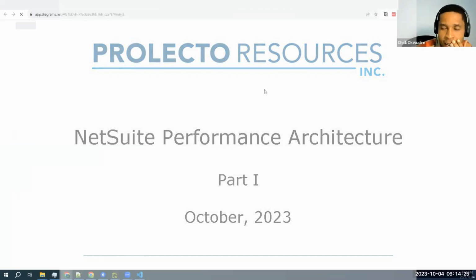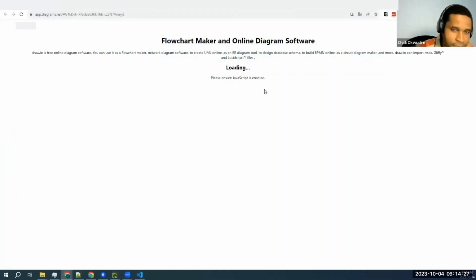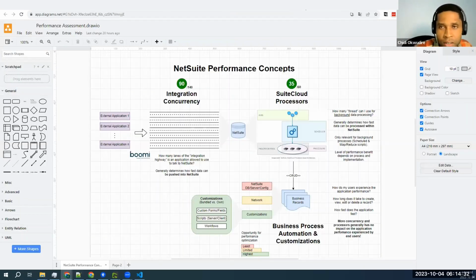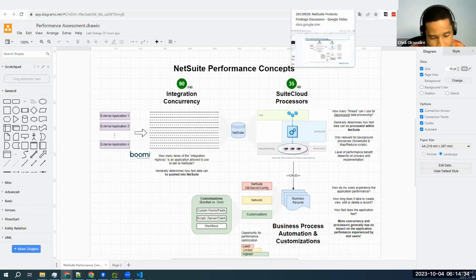produce this diagram, which I'd like to walk you through. I want to get started first by just centering us around performance concepts. Because when we look at the request, when I talk to you, there's this